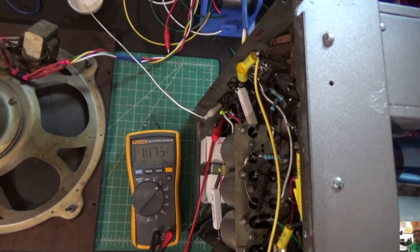Let's go up to 75 volts. There we go. We're up to 90. We're up to 100. I still have this issue with the volume control. Right now,